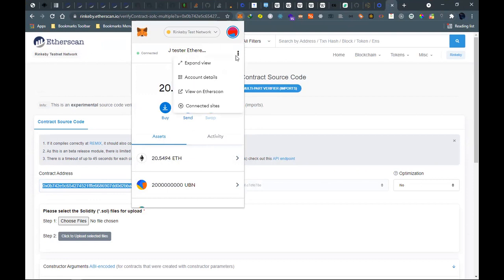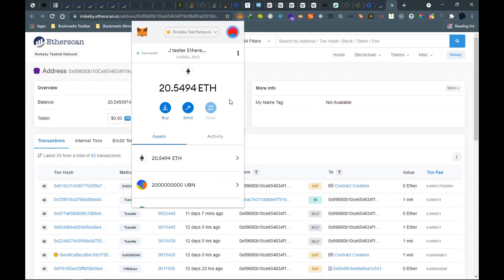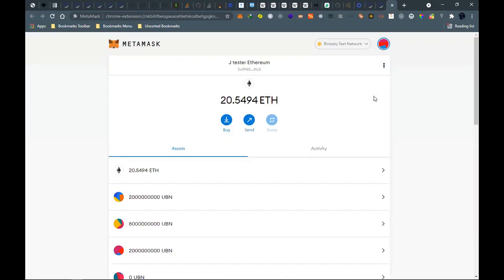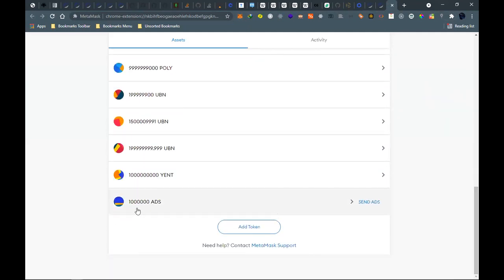Let me see if I can view on EverScan. Yeah, on EverScan we will be able to view. Expand view. So from our expanded view, we can now see that we have the ADS